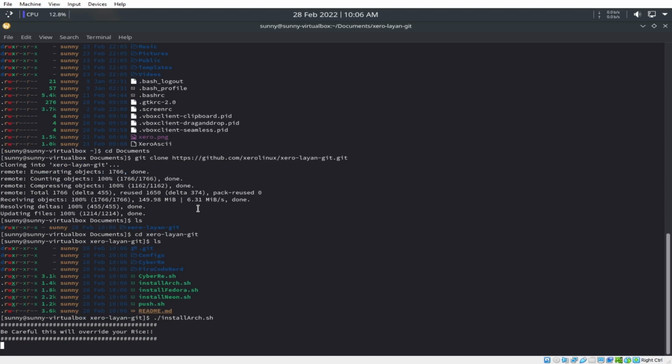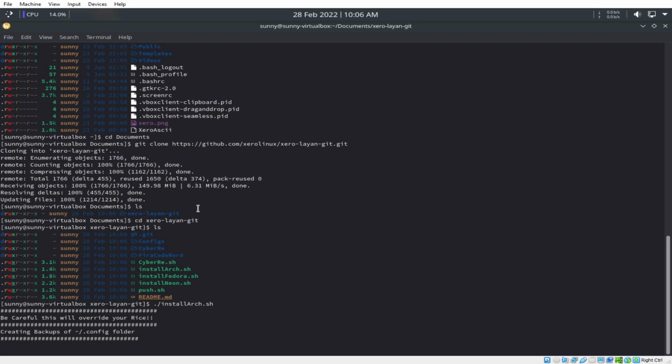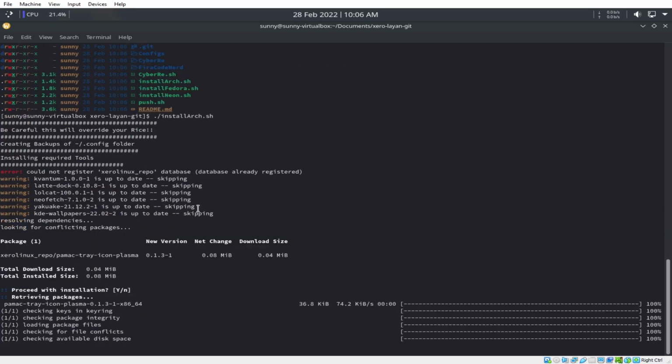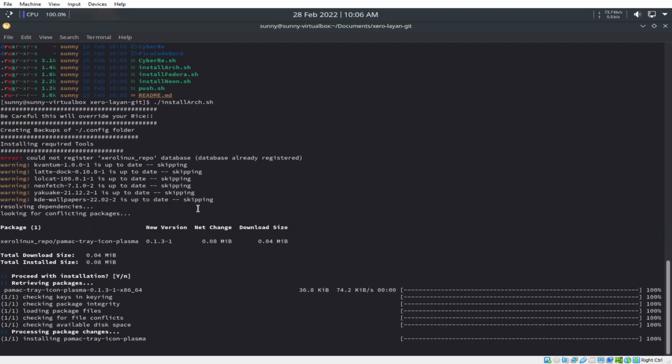Okay, be careful with this override. Be careful. Okay, creating backup. Now, one of the good things also is that it will actually create a backup of your .config folder or your .config file. So currently it's installing